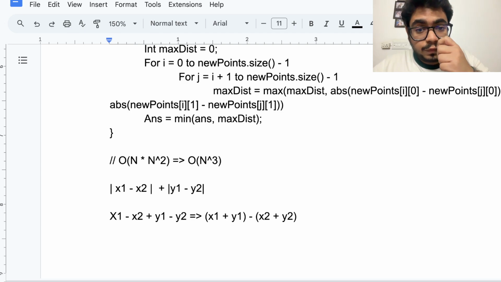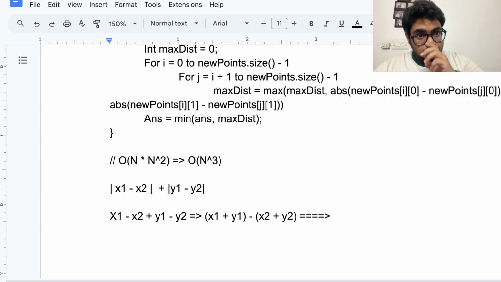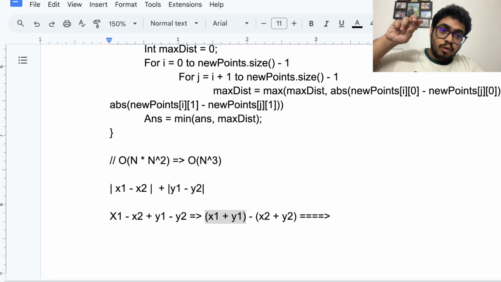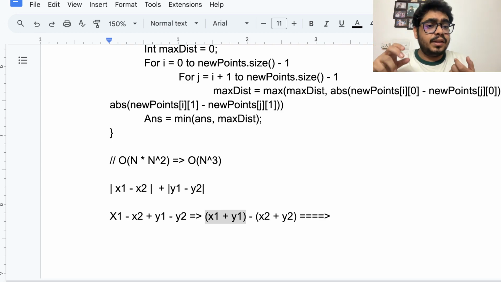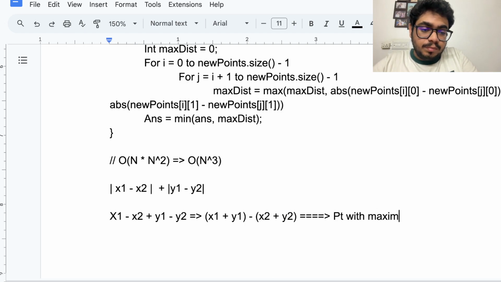right? Sum of x and y coordinates of first point minus sum of x and y coordinates of the second point. So if you try to give more concentration here, in a way, this distance would be maximum when, whoever has the sum of the coordinates as maximum, I would take that as one, and whoever has the sum of coordinates as minimum, I'll take that as the other point. So this equation would become maximum when I take the point with maximum sum of coordinates minus the point with minimum sum of coordinates,